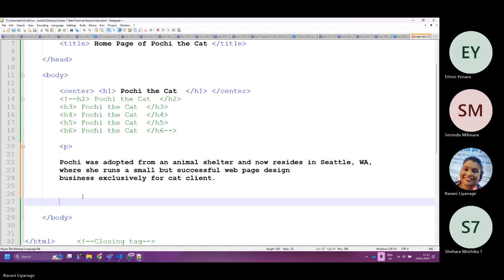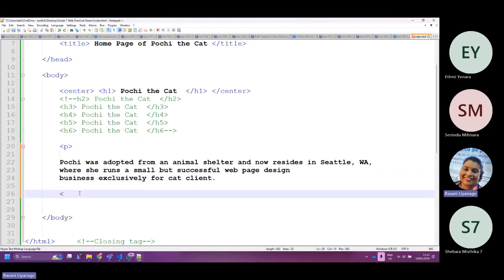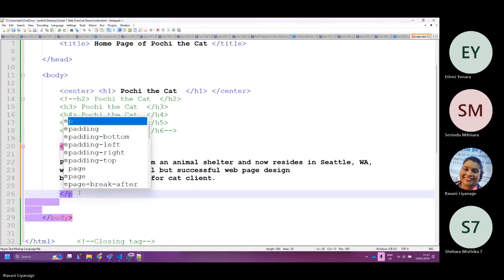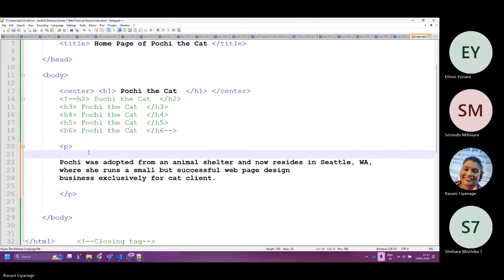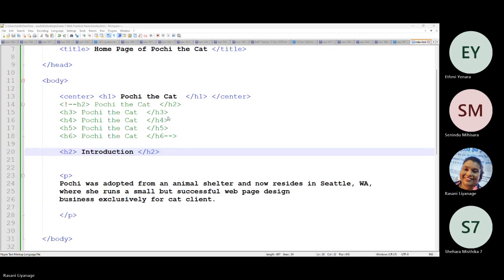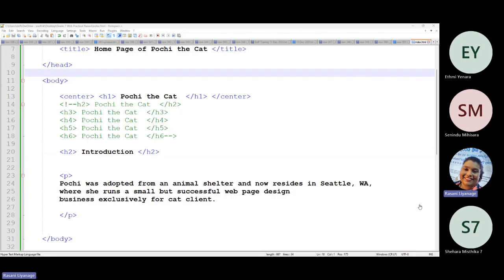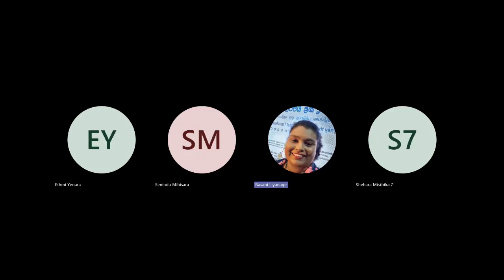Type P for paragraph. Shall we write it? I'm giving you a full screen now. It will work.